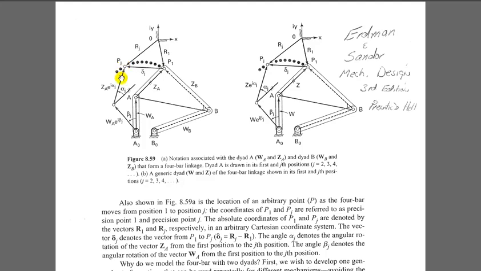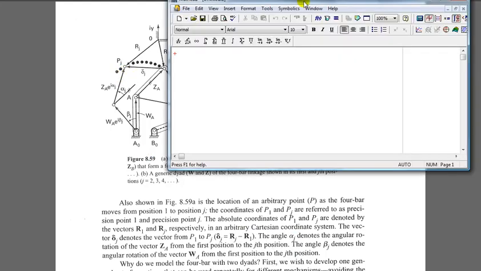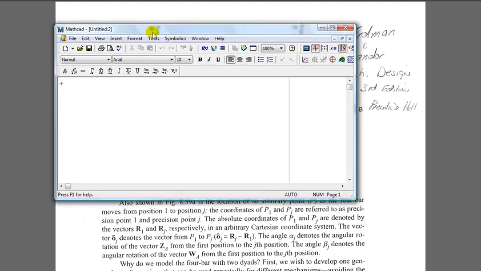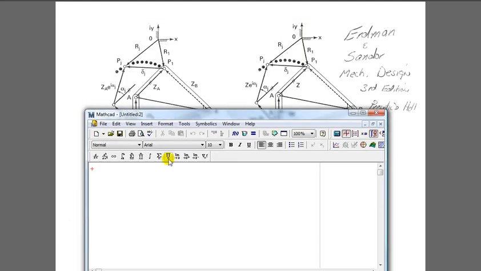And so let's jump over to Mathcad, and the easiest way for me to write anything while I'm talking to you. And so keeping the picture handy, I'm going to say that our vector loop is W plus Z. Couldn't go with capitals. I'm going to hit caps lock for most of this. W plus Z plus D control G. What does that give me? It gives me the wrong one. D control G